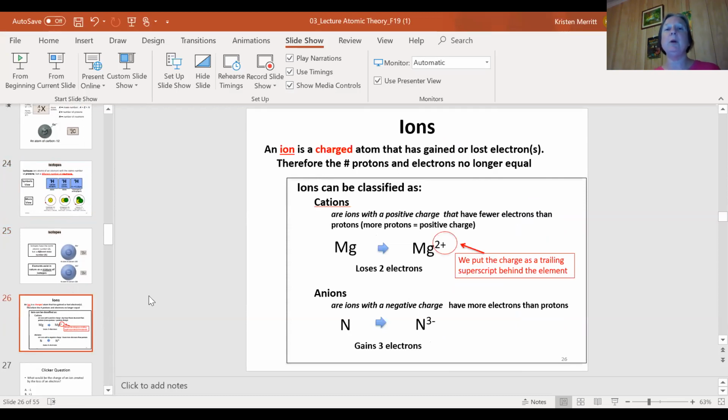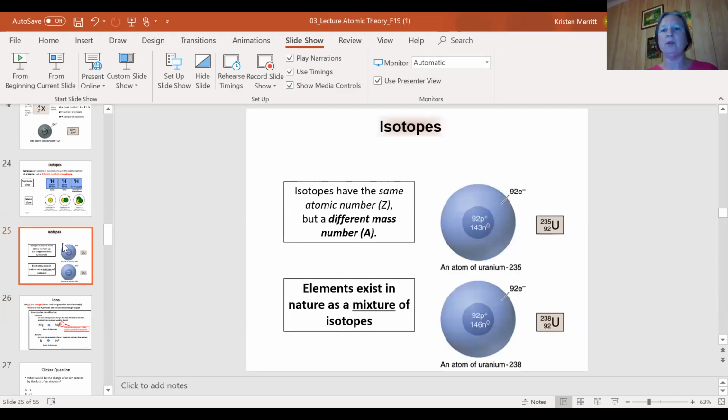The other situation is an ion. This is when you gain or lose electrons. And this happens, whereas isotopes exist as a stable percentage of the element in nature. You just have a specific percentage of each isotope in nature. So often elements exist as a combination of isotopes. That's just how they exist naturally. Ions are made,